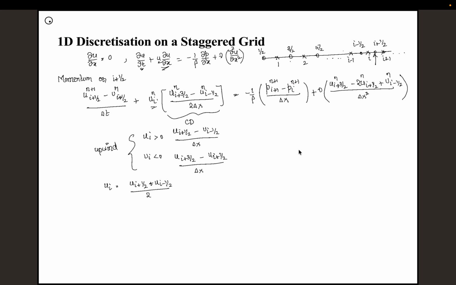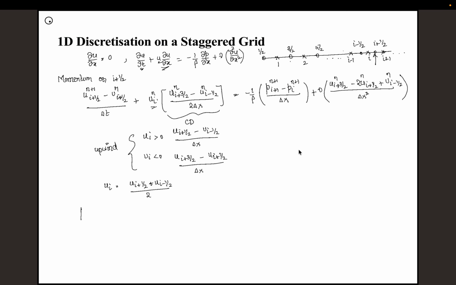So what is done in the MAC algorithm is we try to split this into two different steps where we actually haven't used the continuity equation yet. So that should additionally give us one more equation, and solving this momentum equation along with continuity should help us solve ui n plus 1 and pi n plus 1. So the idea now is, instead of solving for ui n plus 1 directly, we'll use something called